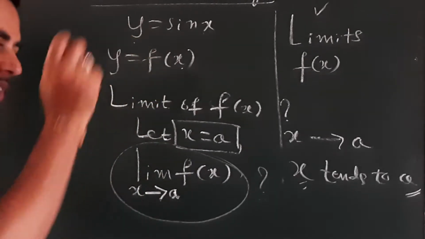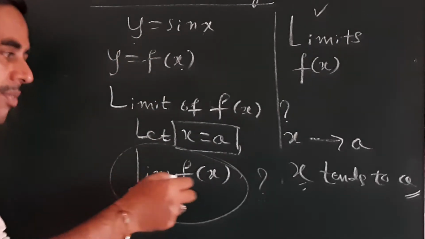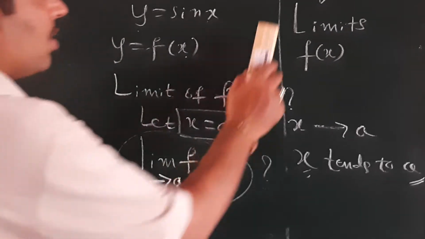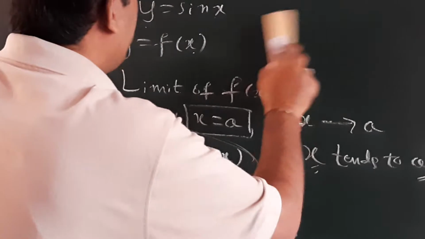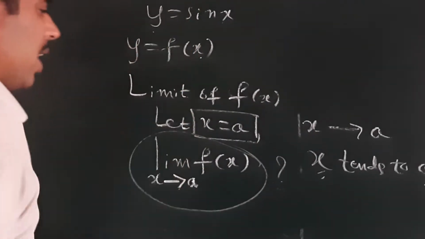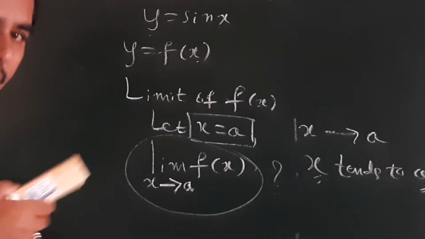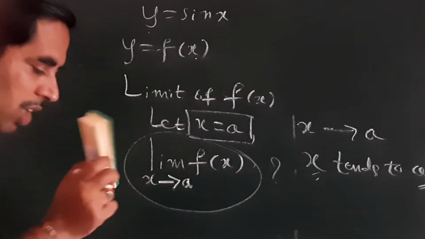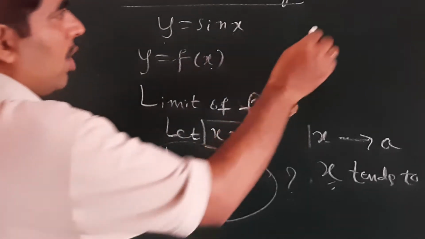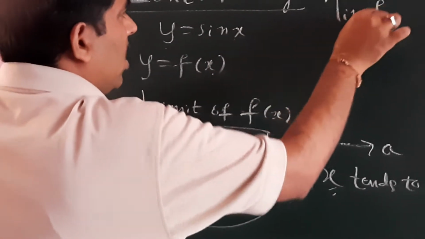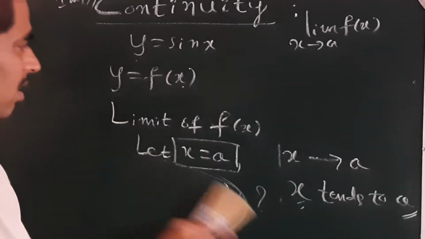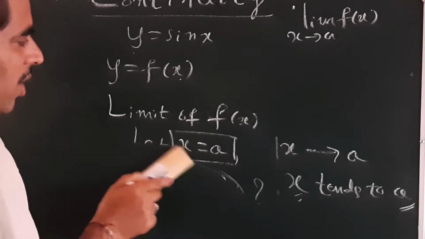We have considered a function and we are defining the limit of the function. In our earlier classes, we also know the meaning of this limit of the function. So what do you mean by limit of the function? There is a connection: before going to continuity, you must recall what you mean by limit of the function. If I write limit f of x as x tends to a, as I have already written here, my point is, I have considered the point x is equal to a.